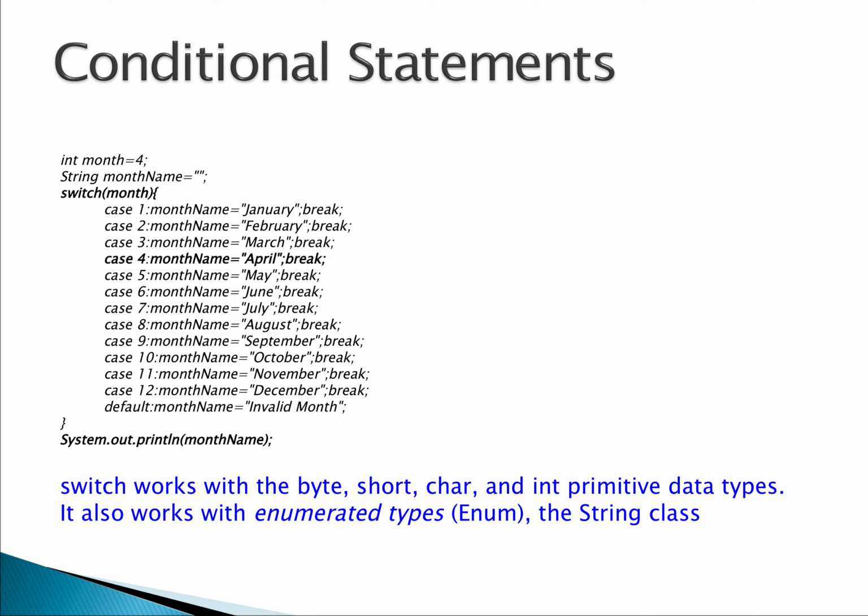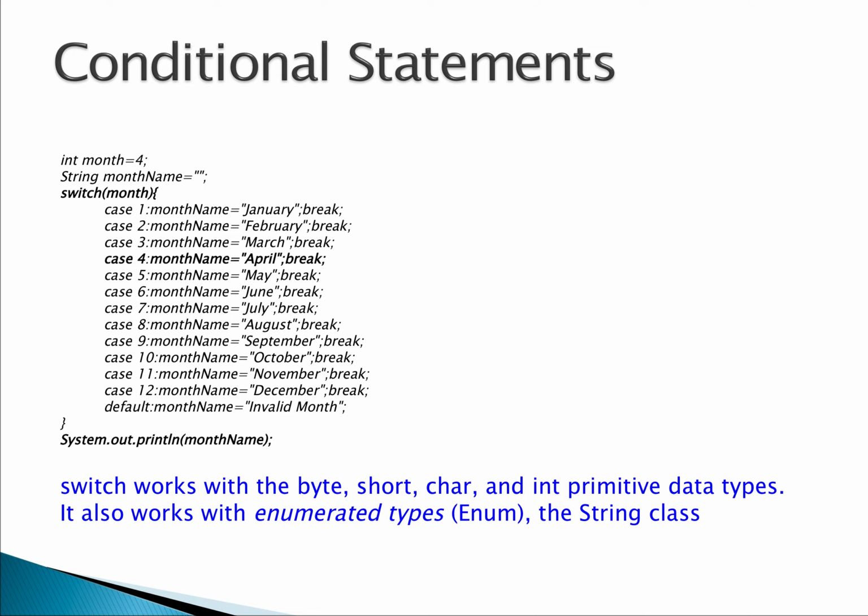So this snippet of code takes the month as the input value. So the variable month is going to have the month number. So when you have the month number as 4, this program is going to output April. So that is the expectation. As you see in the program, I assign integer month is equal to 4. So month is going to take a value of 4 here. String month name is equal to empty. So we are just having an empty string assigned to month name because